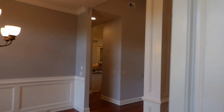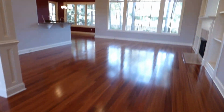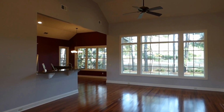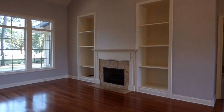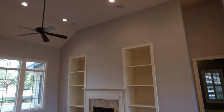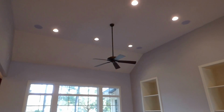The finishes are very high quality. We have wood floors right from the foyer across the dining room and across the living room, open to the breakfast area and the kitchen. We have a fireplace, which is a gas fireplace, and technically it's propane here in the living room. And we have very high ceilings. They look to be a good 12, maybe 14 feet up, really giving you a sense of grandness in this